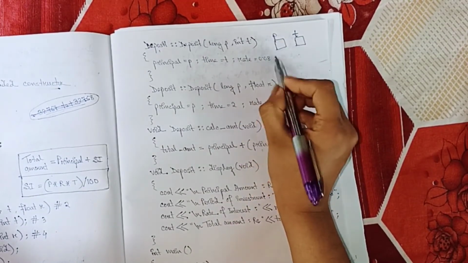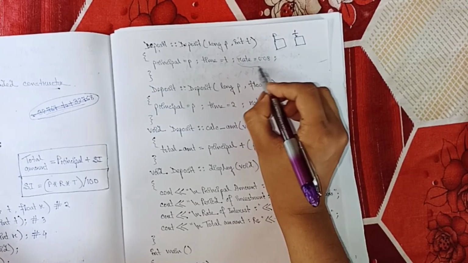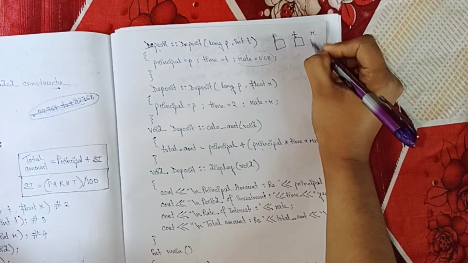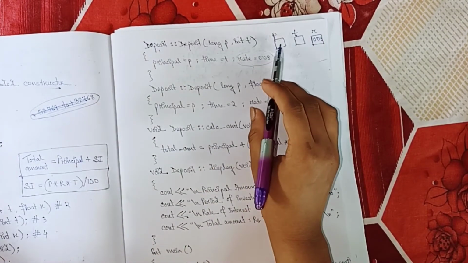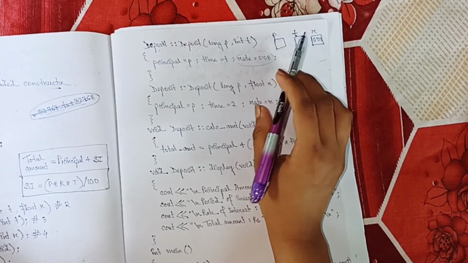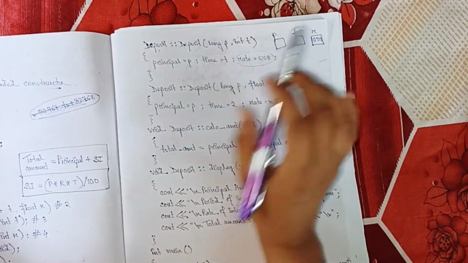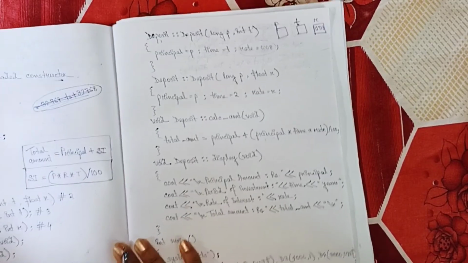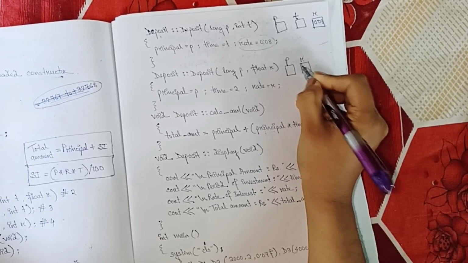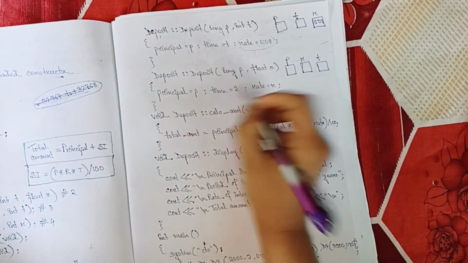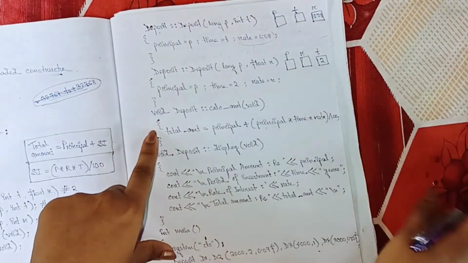But here the rate value is given by the default argument. Here we are using a default value of rate, and rate's value by default is 0.08. So whenever the user passes the values of P and T, it will invoke the third constructor, because the rate is given as the default argument. Now the fourth constructor is defining P and R, and T's value is given as the default value, which is 2. Now you see, our constructor definition is over.